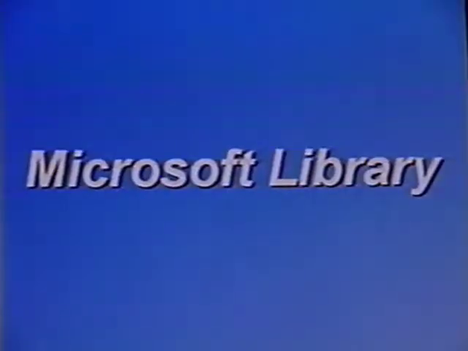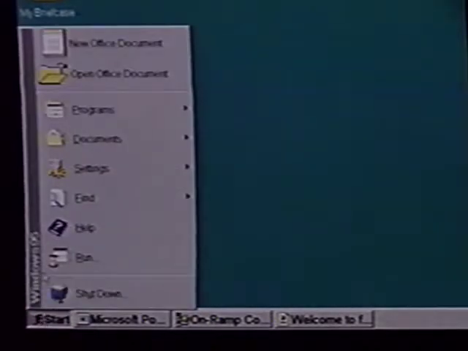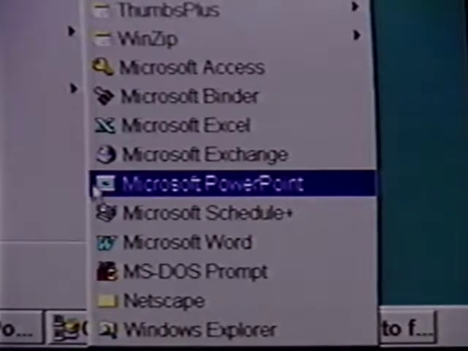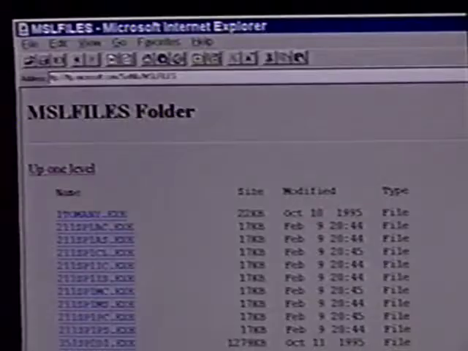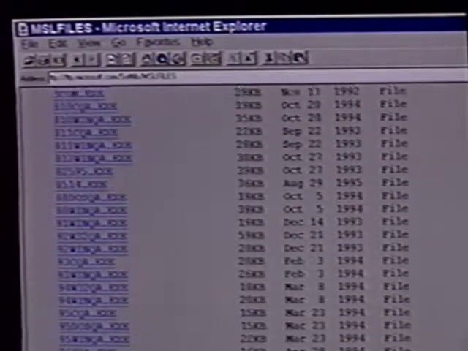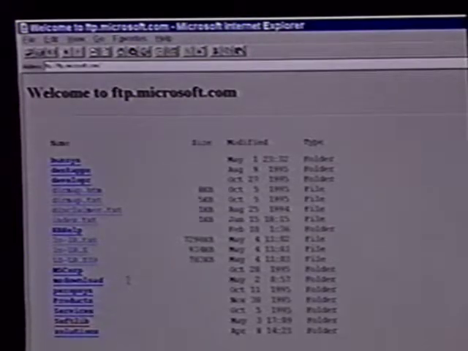Microsoft. Do you have a DOS, Windows, or Windows 95 based computer? Do you have a Macintosh which uses Microsoft applications like Word or Excel? Microsoft's software library has literally thousands of templates, patches, and add-ons for your favorite Microsoft programs. To access this site from your World Wide Web browser, type in this name: